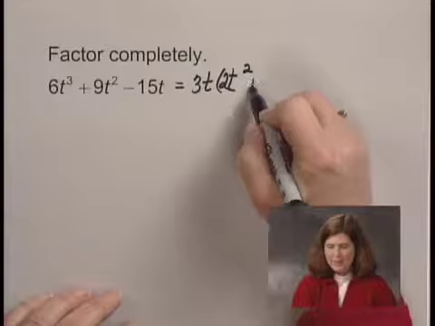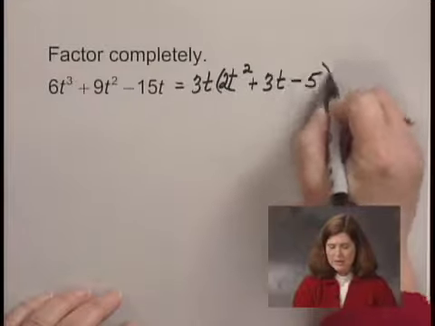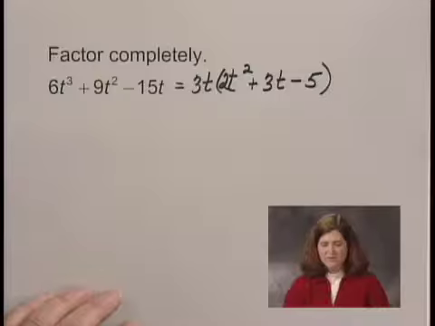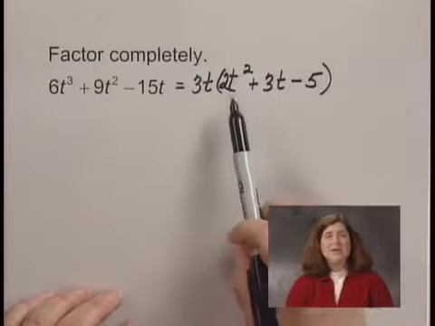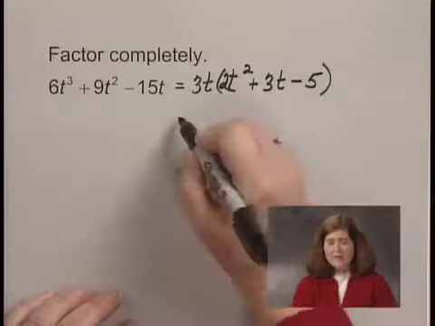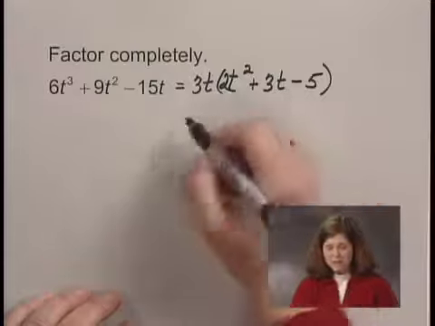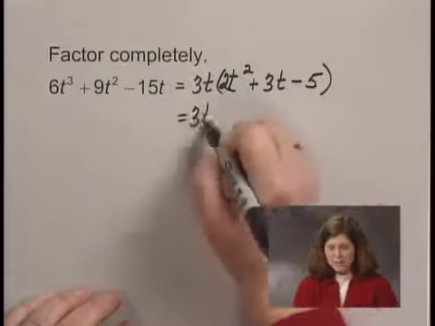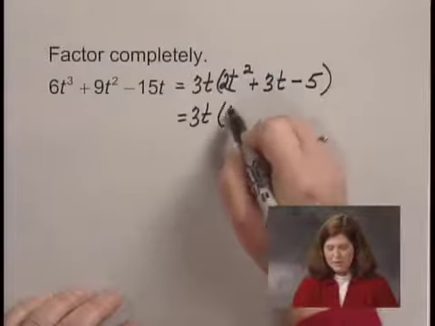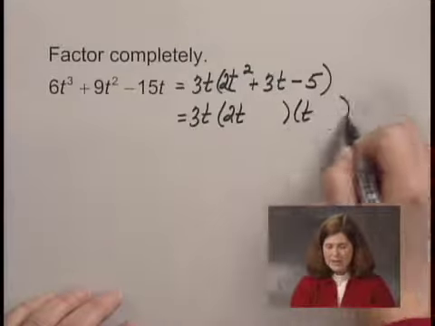squared plus 3t minus 5. Now I see if I can factor 2t squared plus 3t minus 5. It's not a perfect square trinomial. If it does factor, it will factor into two binomial factors that look like this, 2t and t, and this